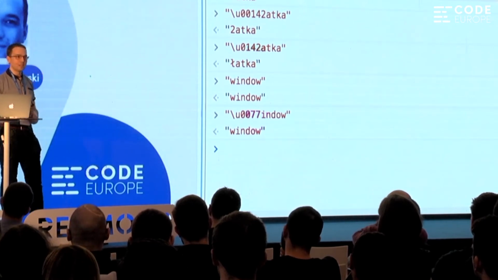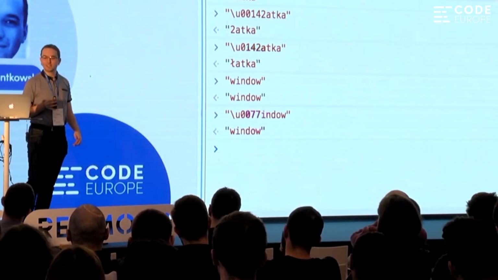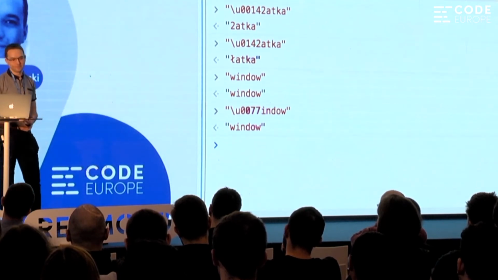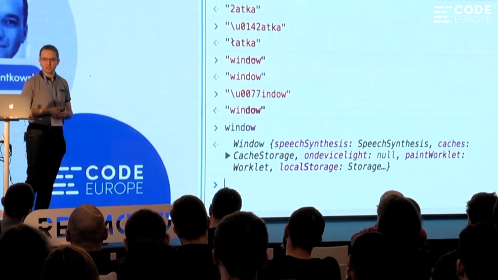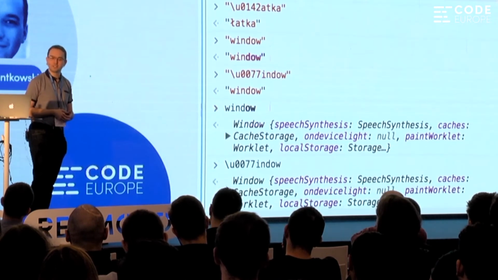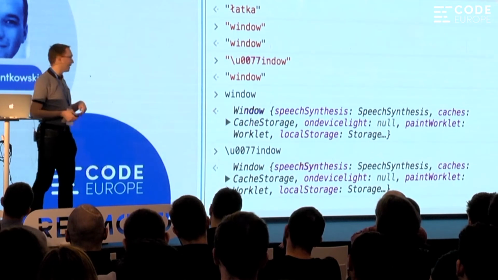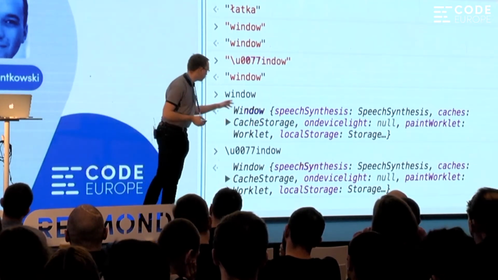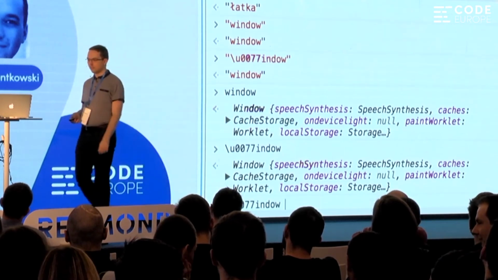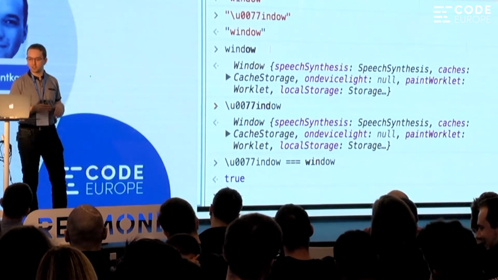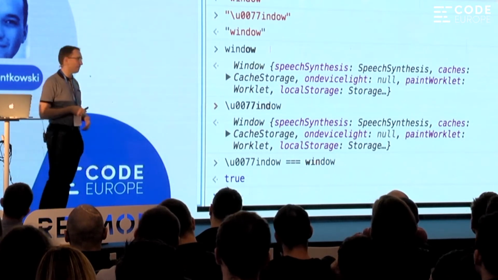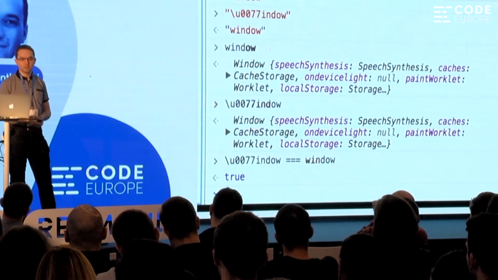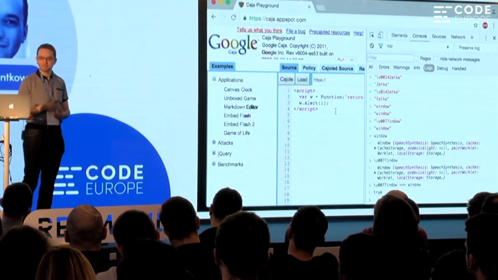However, in JavaScript, we can do this not only in strings, but also in the code itself. So we can say window, and we can say \u0077indow in the code. And it is exactly the same. As you can see, we have another representation of the window token. We can compare if the \u0077indow is in fact the same as window, and as we can see, it is true. So let's go back to Caja,